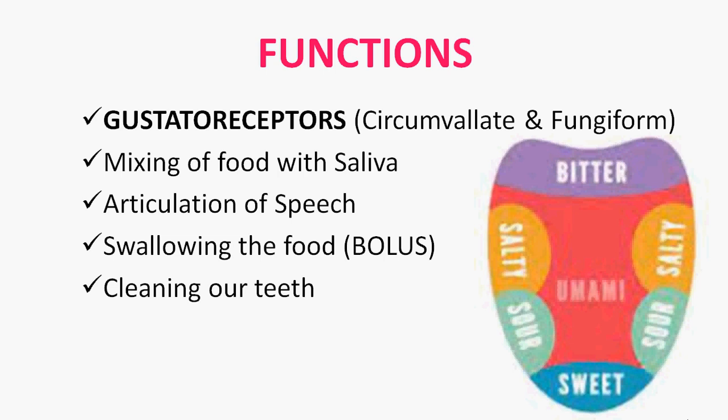So we can taste 4 types of flavors: sweet, sour, salty and bitter. The taste buds at the tip of our tongue help us identify sweetness. Then on the lateral sides we have taste buds for sour flavor, and next to it is salty, whereas at the posterior back we have taste buds for bitter flavor.